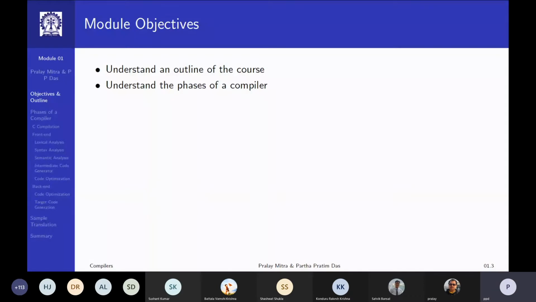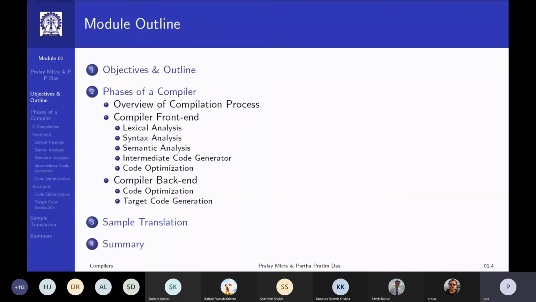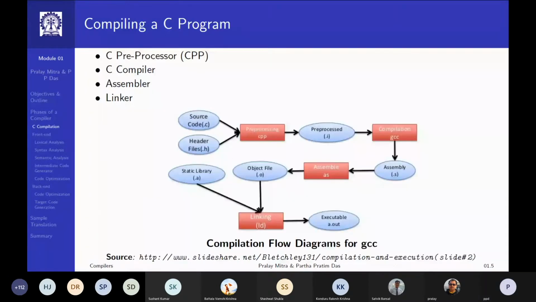So this is the basic module outline, which is on the left. The first thing that you should be very clear about is how you compile a C program. What are the different major components of software, utilities or tools that work collaboratively to give you the final executable starting from the source code?